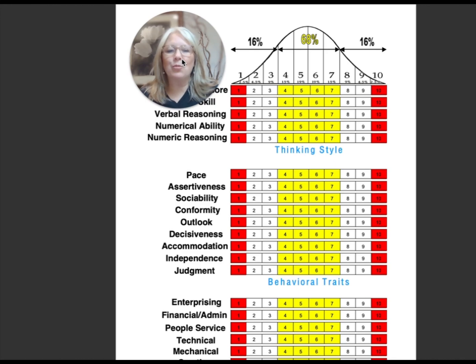Right, the last time we spoke, we were talking about the bell curve and the meaning of the bell curve and how to apply it in the business world. The bell curve measures the normal distribution of any sort of trait. It can be height, weight, behaviors, thinking style or cognitive, or passions. What I want to talk about today is pace. Let's talk about how pace impacts your organization and the people in it.